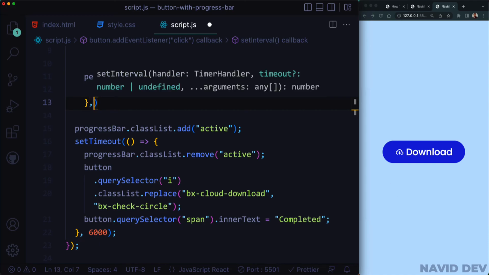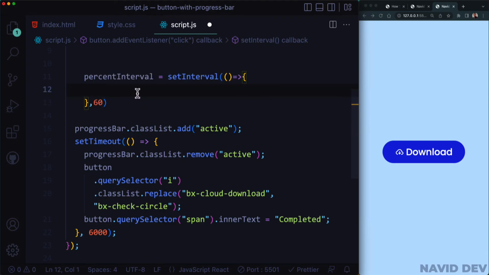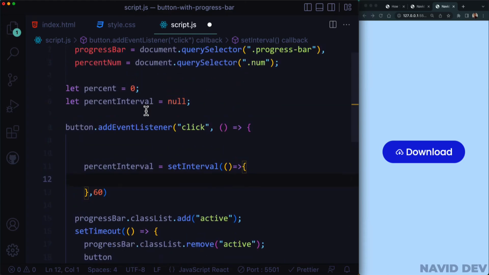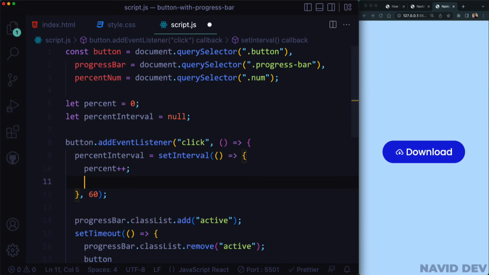Okay, so in here I will say 6,000 milliseconds divided by 100 equals to 60 milliseconds. All right, now in here I will say percent plus plus, and after that I will say